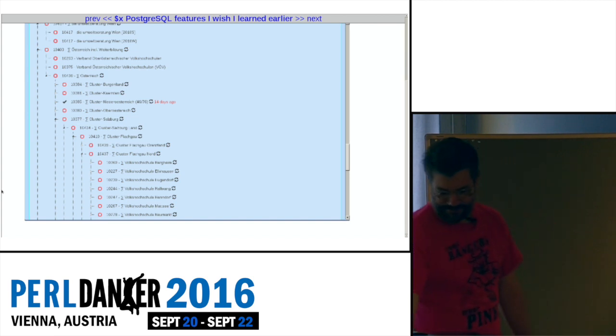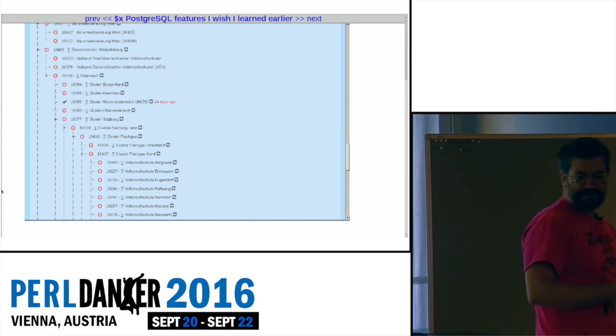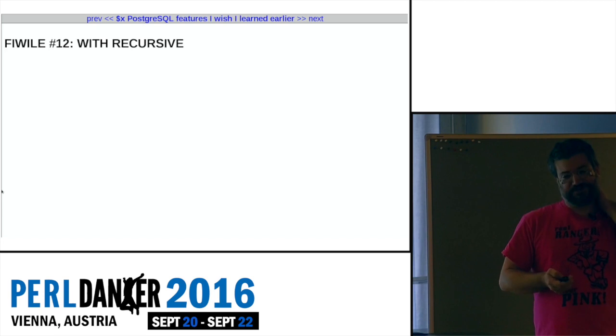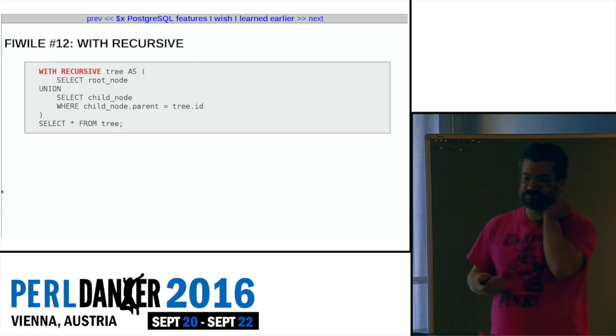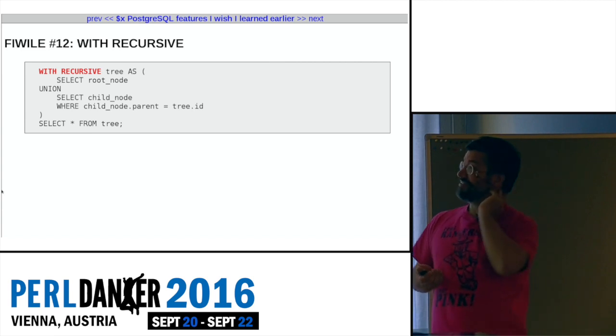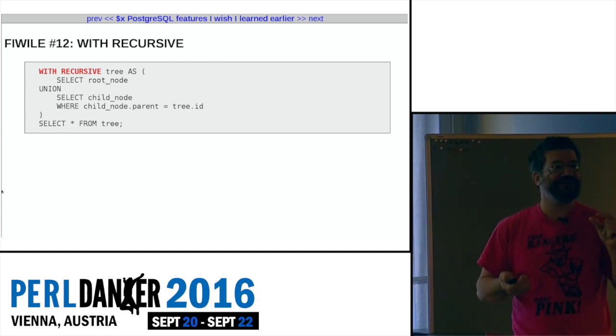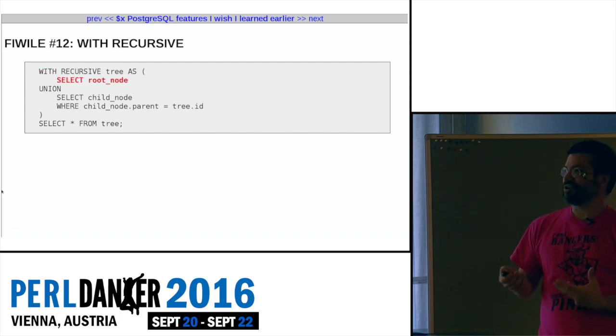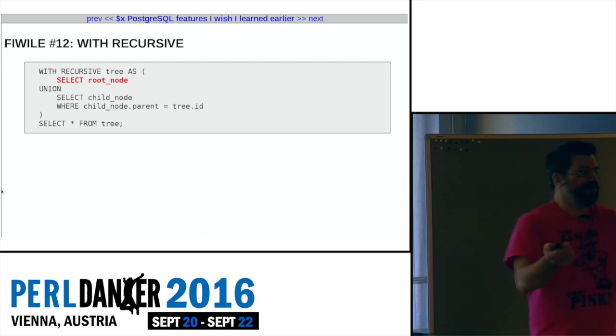Trees, that's always sort of annoying, so sometimes you have to do stuff with trees. And trees are very complex. I hate them, but Postgres has this thing called with recursive, that's a special form of common table expressions. It's a tiny bit complicated, and I hope I get it right. So the idea is you have this with recursive thing, and the generic form is you first select the root node, so you select something, which is the root node of your tree, and then you do a union,